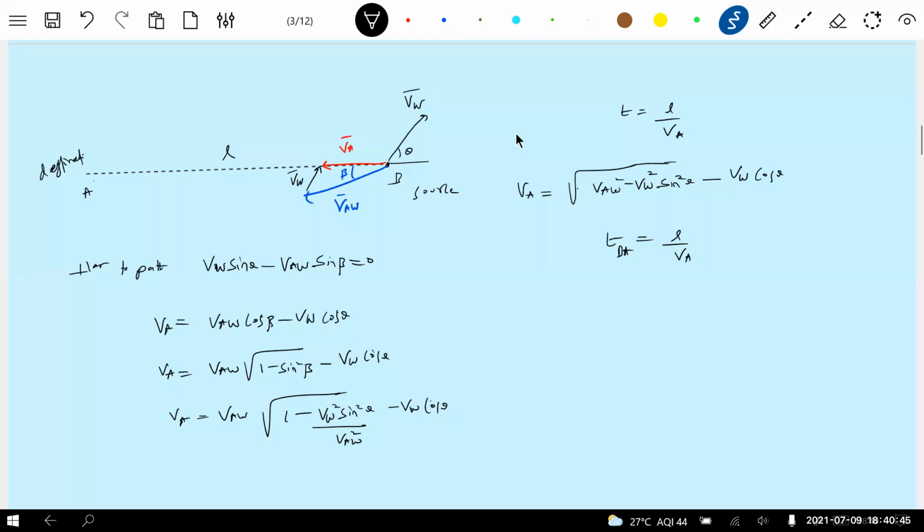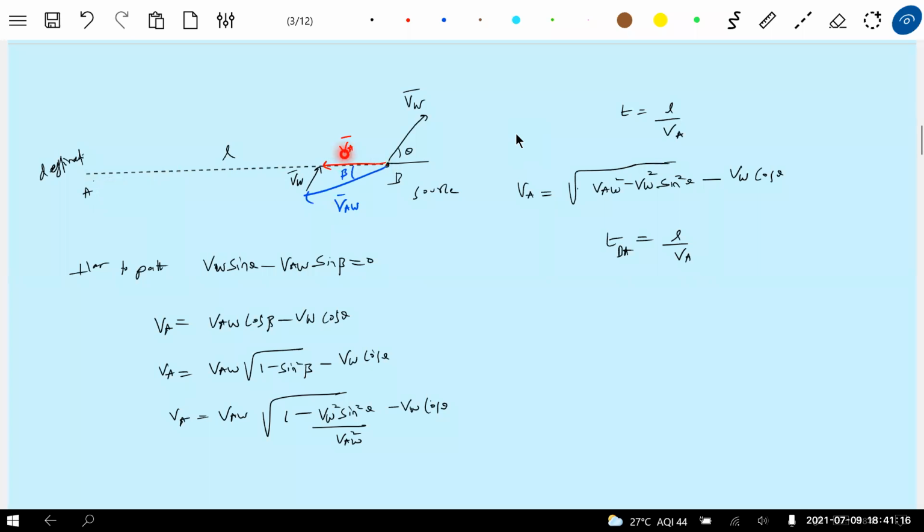Now you can ask questions, sir. Okay, fine, sir. What are you doing here, sir? We are not understanding. You brought something, time taken, but why should we think like this here? See, altogether to move from B to A, the velocity of the plane: if I stand on the ground and look at the plane, in what direction should the plane move? It should move along BA, no? Simple common sense. If I stand on the ground, the velocity of the plane should be directed from B to A.